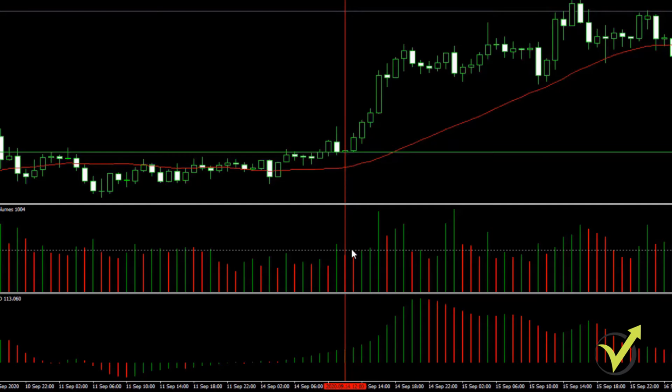We don't know if on this current trade there will be volumes higher than the level line. The signal is with the previous candlestick. This is very important to note. And at the same time, we have the moving average rising and we have the awesome oscillator rising. So we have the two confirmations to buy.